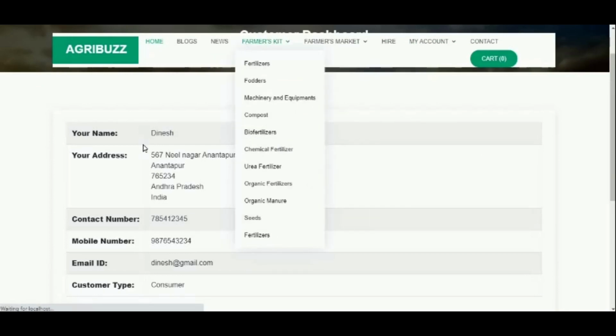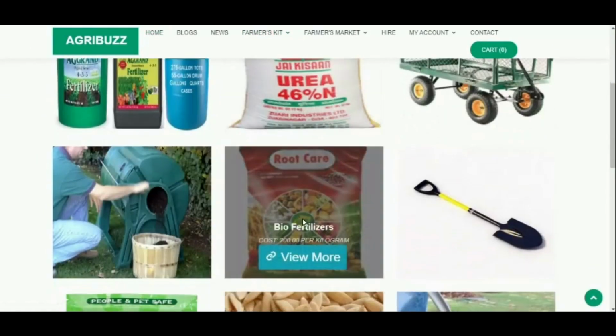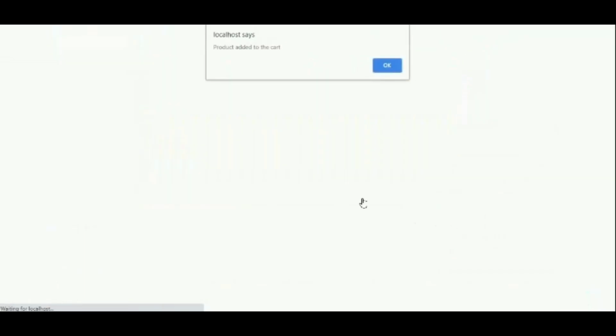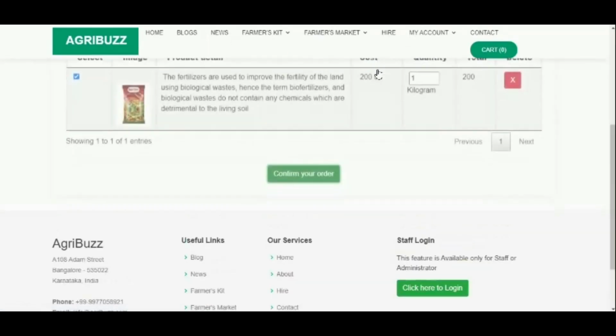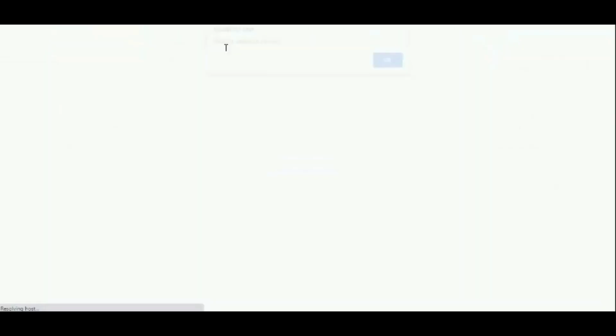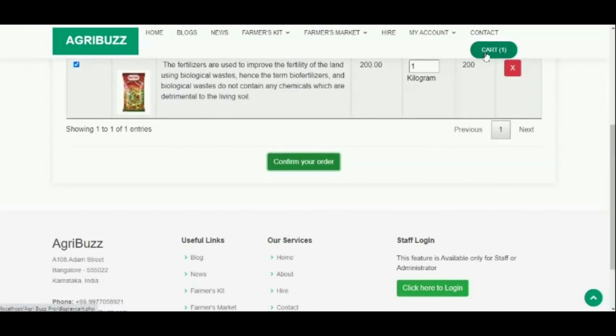Customers can buy products from farmers list. On clicking on add to cart, customers can see that the cart is updated, and they can also view the product and they can add the quantity.